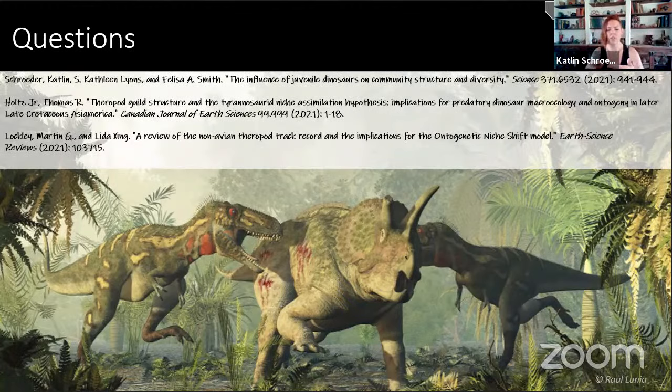So we see ONS in Albertosaurus, Daspletosaurus, Gorgosaurus, Tyrannosaurus, all of the Tyrannosaurids. We also see it potentially in Allosaurus, Carcharodontosaurus. Lots of very large megatheropods seem to have this, right? So it's not relegated just to Tyrannosaurs. It's not just in the Cretaceous. It is anything really that is getting up above the size of about 1,000 kilograms, but is born very small. I hope that clarifies a little bit.